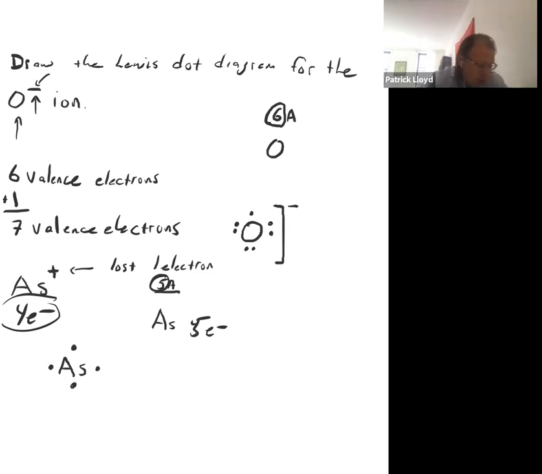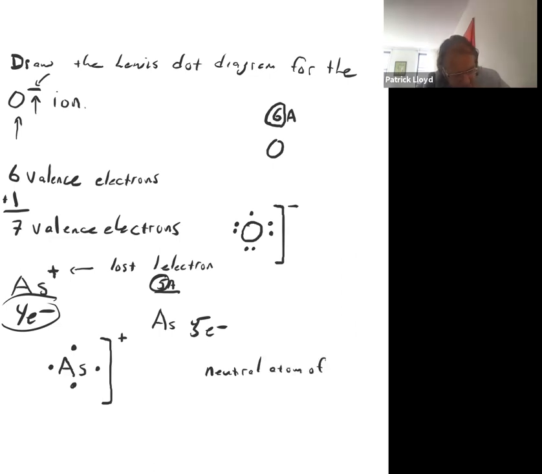So there's your, oh, but it's positive. So, right, you've got to put a little bracket here and then you put a plus. Okay. So not all of them are ions when you do these problems. Some of them are neutral. So it'll tell you if it's neutral. So let's do it for a neutral atom